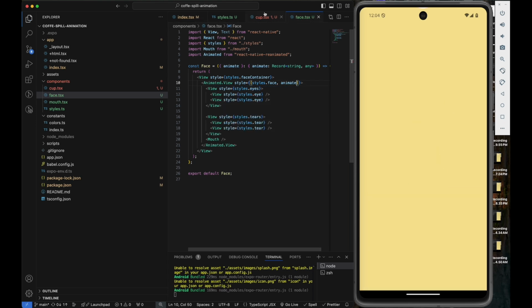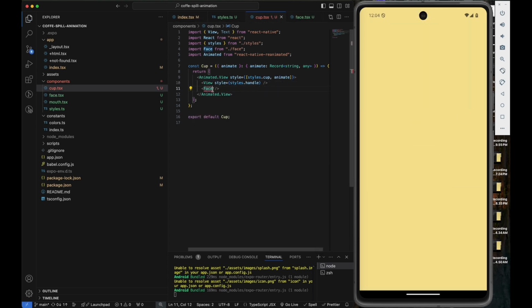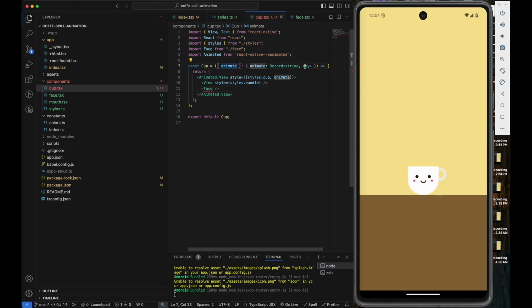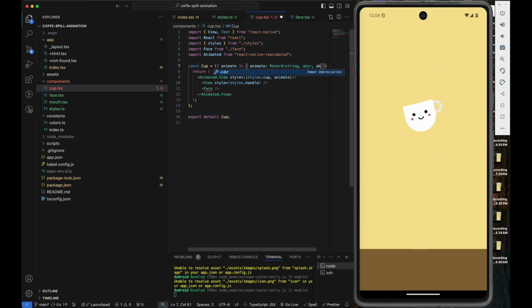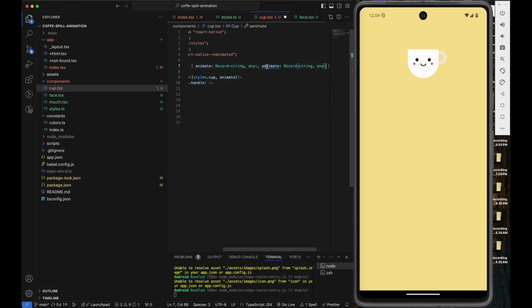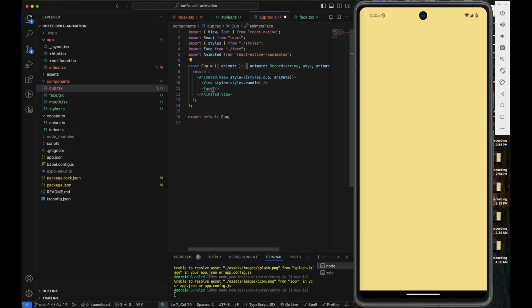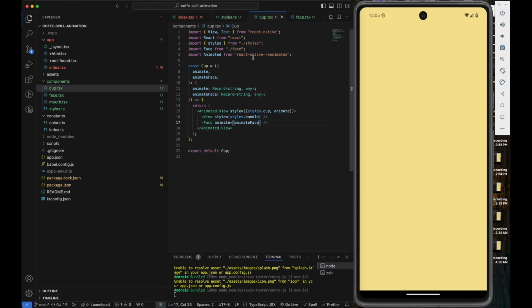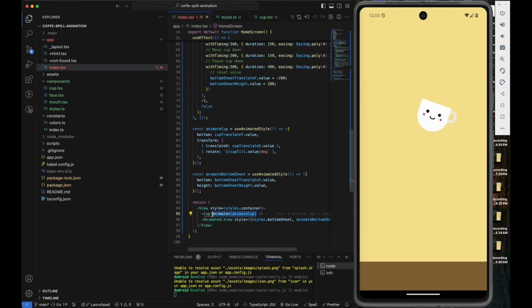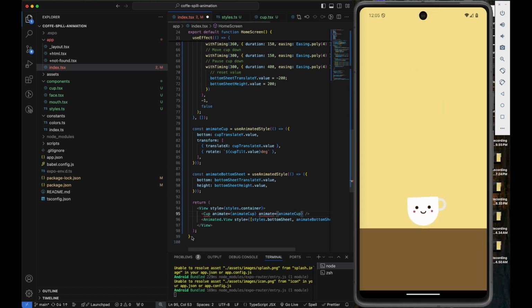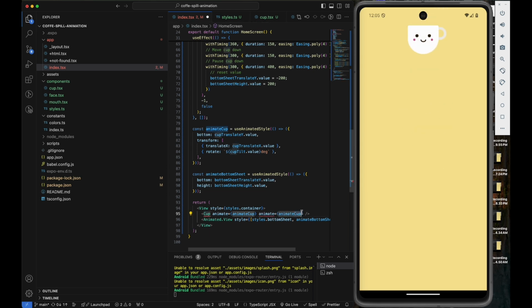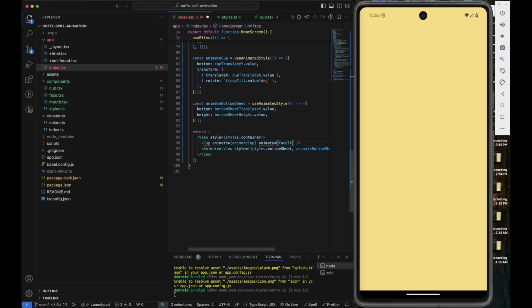Pass animate. We save the face and then we come down to our face here. This guy here will take another animation and then we will call this guy animate face, and then this guy takes animate face, and then we pass here animate face. We save. We need to pass the animate face again, so we name this animate cop to face